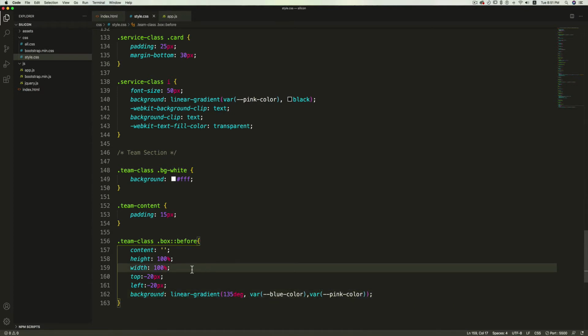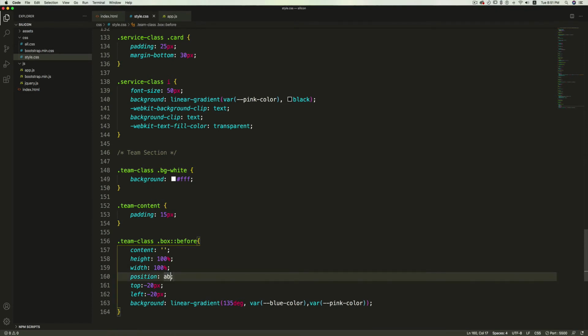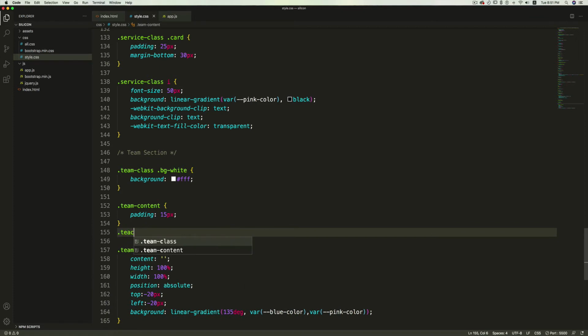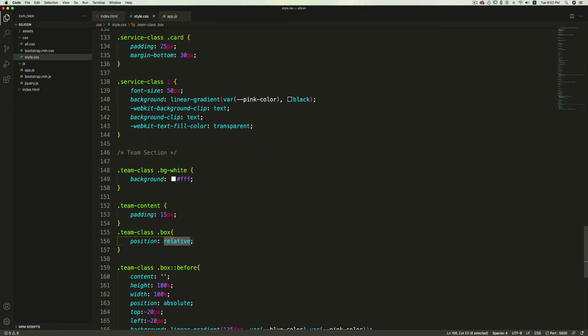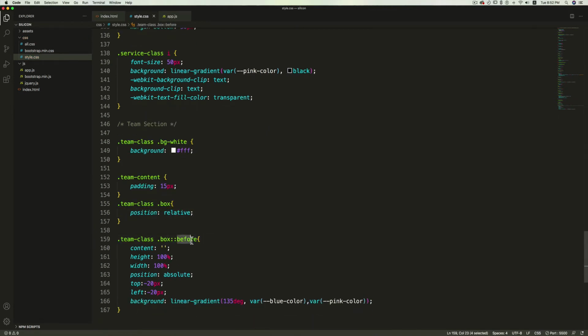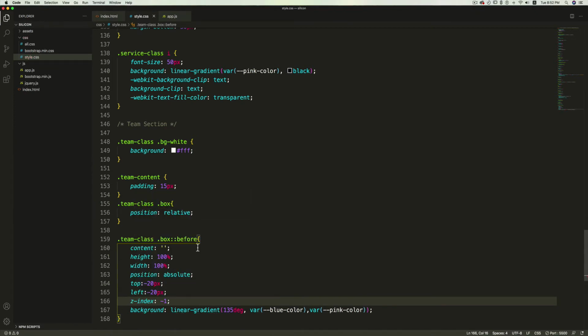But first I need to add a position value. So here I'll set position absolute, and I also need to set the position on the box itself to be relative, so that the before element moves in accordance with this box. And I want to place this before element at the back of the image, so I'll set the z index value to be -1.